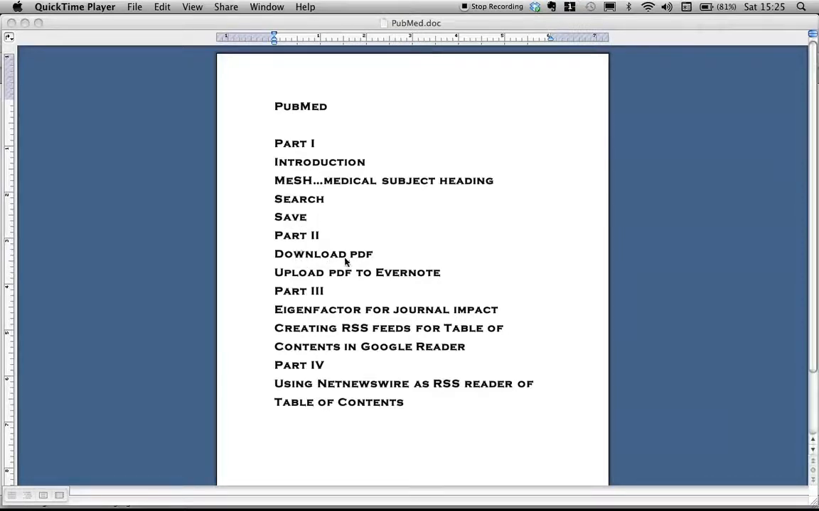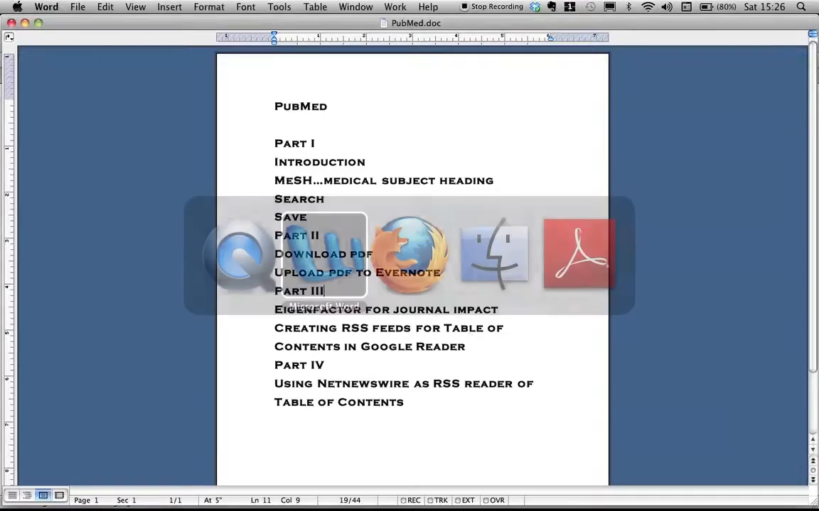In part two, we'll learn how to download PDFs, how to upload PDFs to Evernote. In part three, we'll talk about eigenfactor and how to search this for journal impacts in your particular specialty. Then we'll create what's called an RSS feed, which stands for Real Simple Syndication, for the table of contents of the journals that you're interested in Google Reader. And finally, in part four, we'll talk about how to use NetNewsWire as an RSS reader of the table of contents. So now we'll get started in part one, and we will